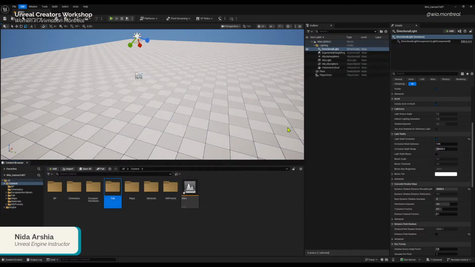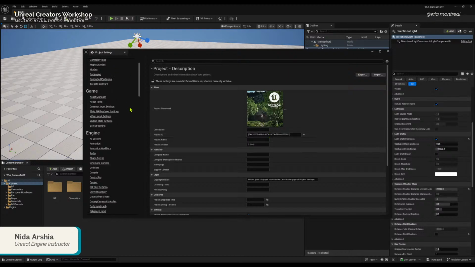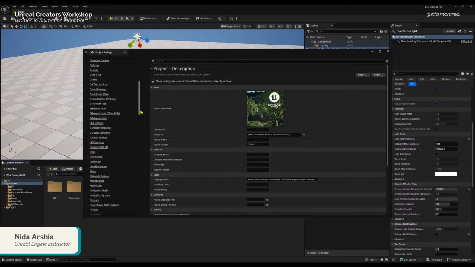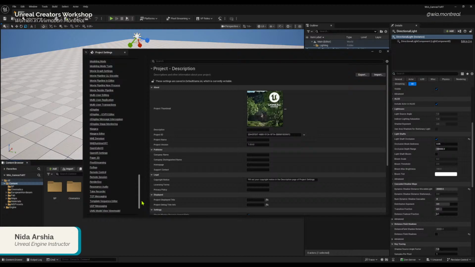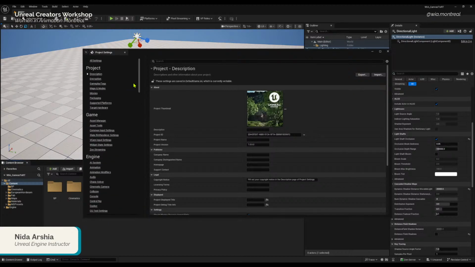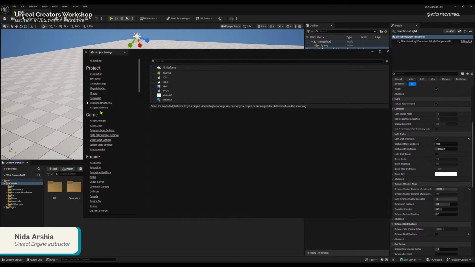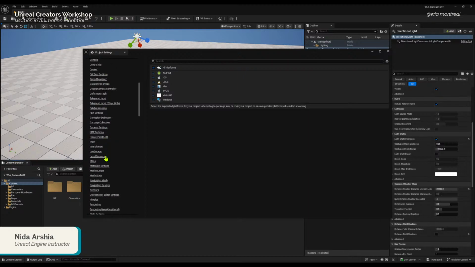Then we have project settings, which is again huge. There are so many things here. The main thing that I want you to look at, in case your project is opened and something is not working correctly, is that we are going to go to Engine and scroll down to,